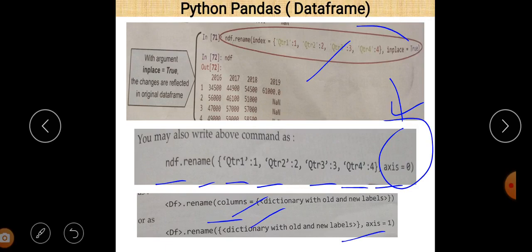So there are two different possibilities, and you can opt for any one method for this purpose. You either use a mapper dictionary with the axis argument or use a dictionary with the index or columns keyword argument. So there are two different methods for it.